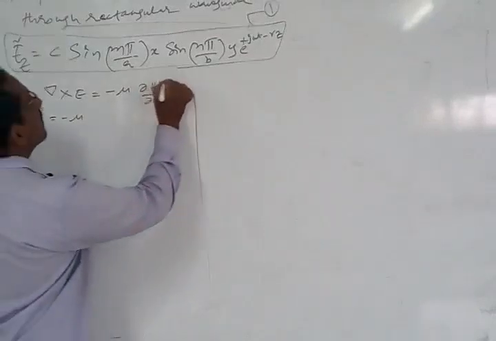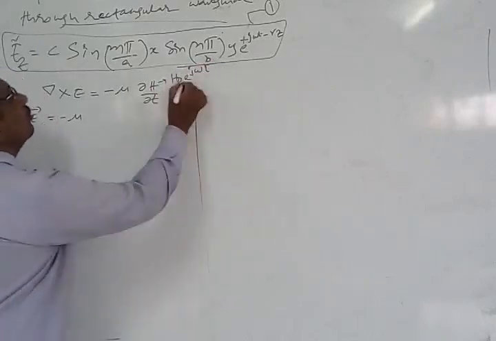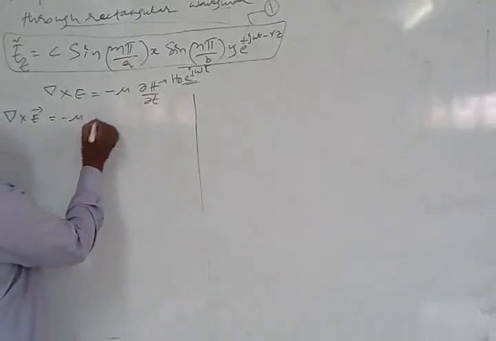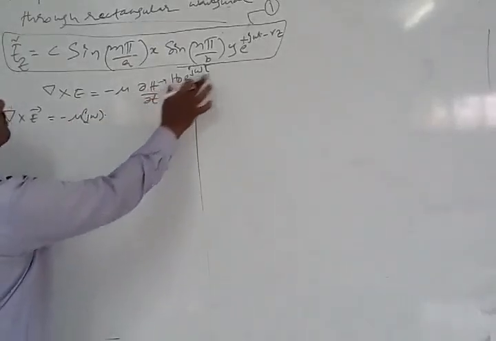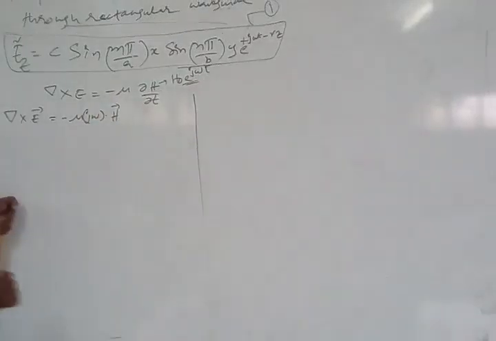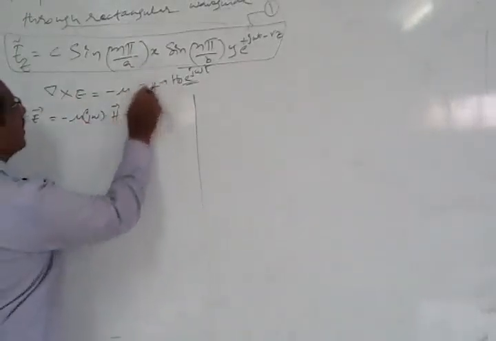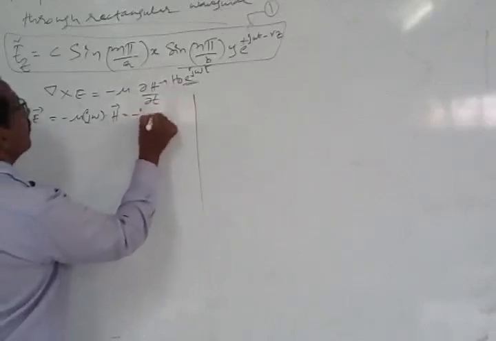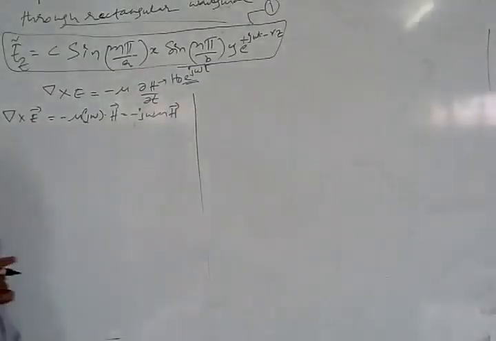Because we already know what is H. H is nothing but equal to H naught into e power j omega t. So if you differentiate this equation one time, then what you are going to get? J omega will be coming out into the same factor. The same factor is equal to H now. So therefore I can write it here as H, right? So del cross E, I can write it as equal to minus j omega mu H. Well, this is the Maxwell's equation which we have.